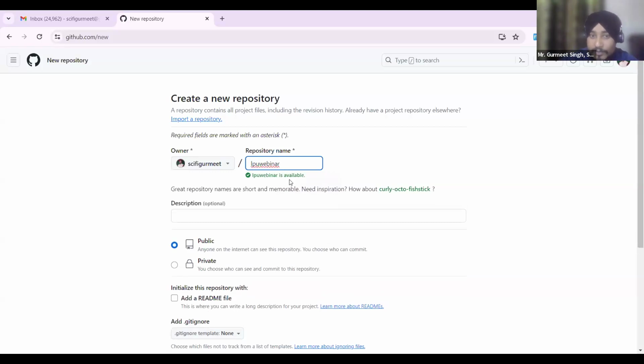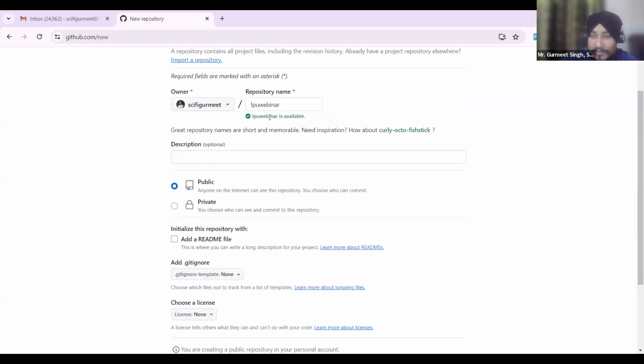I just put this name. So it is available. It's like any other social media website where you have to check whether your username is available or not. But most of the usernames will be available because it is prefixed using your username of the GitHub account. Okay. So here you can add some description. This is just for the tutorial,